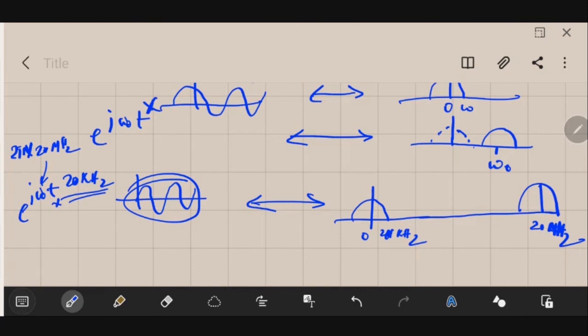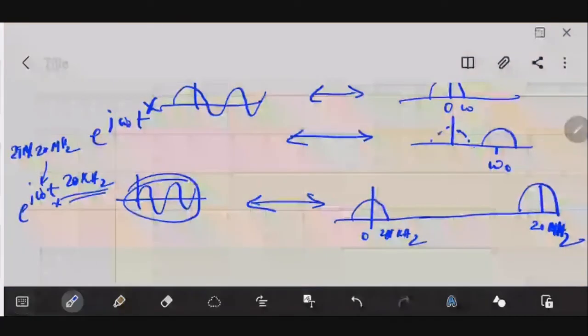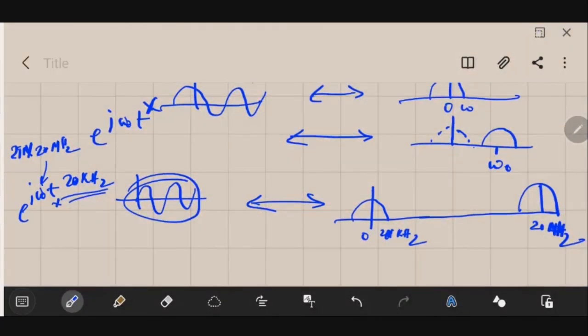As we will see when we study analog modulation, there you will find the benefit of increasing the frequency. Unless you increase the frequency, it is quite difficult to transmit a signal wirelessly. So it is this frequency shifting property of the Fourier transform, through modulation, that has enabled the rapid rise of wireless communication.